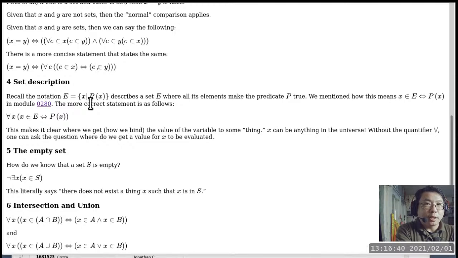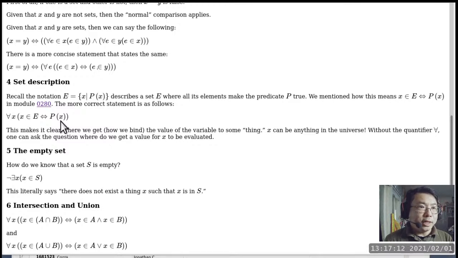The vertical bar says, such that, if we have a member X, then P of X is true in order to be a member of the set E. But when we switch to the quantifier notation, it becomes like this. It says, for everything in the entire universe, X is in the set E if and only if P of X is true.